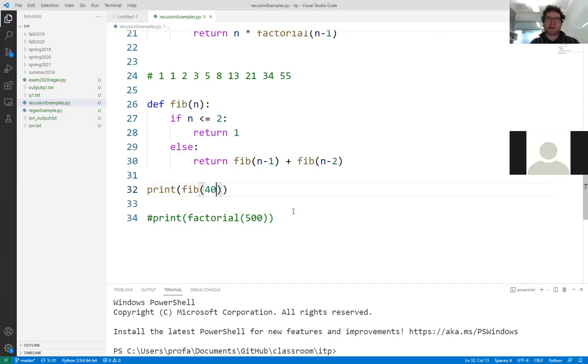Now the Fibonacci sequence is the sequence that says the nth Fibonacci number is the sum of the previous two, and it starts with 1, 1. So 1 plus 1 is 2, 1 plus 2 is 3, 2 plus 3 is 5. So the next number is 8 because the previous two numbers are 3 and 5, right? That's the Fibonacci sequence. Mathematically, we can define it as,